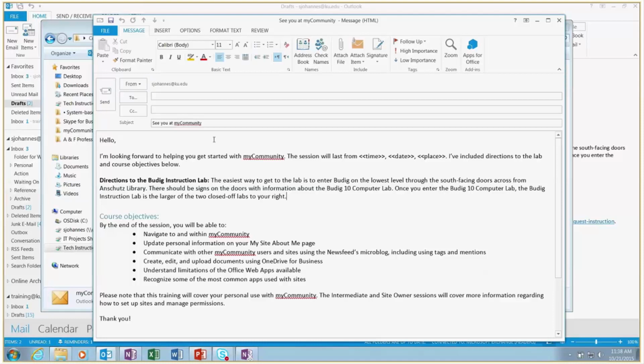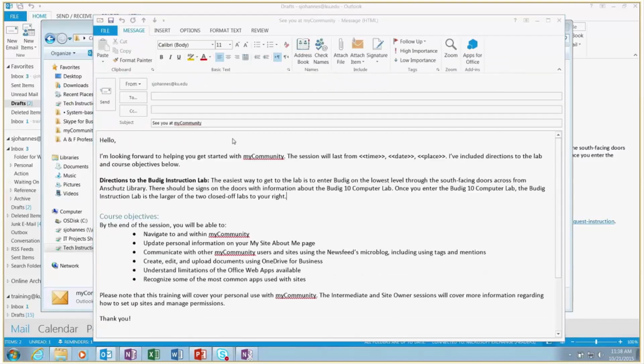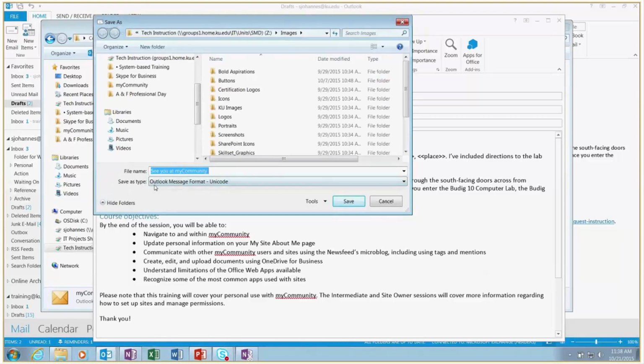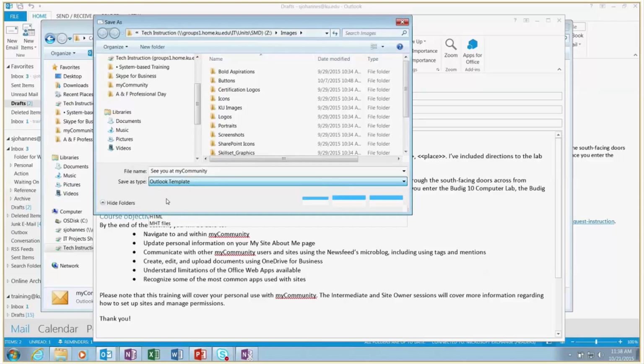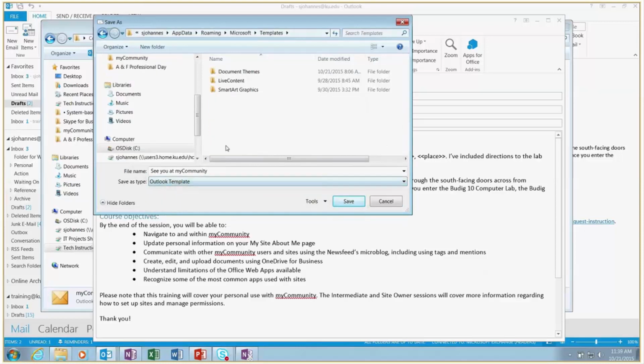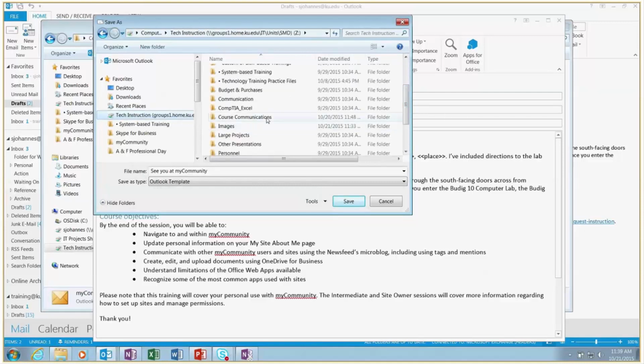So let me walk you through that really quickly. Instead of just hitting the save here, which will just save it as a draft in your own email, what you do is you go to File, Save As. Then here in the file type, you choose Outlook Template. By default, it's not going to choose that. And when it does that, it takes you to this local area on your machine. But again, these are ones that Neil and I share. So I just go to our group folder, to the area,